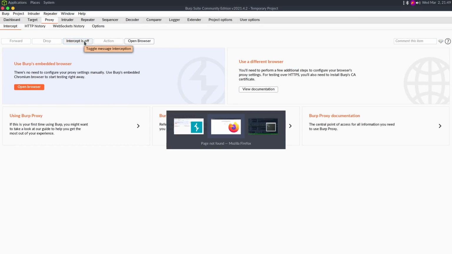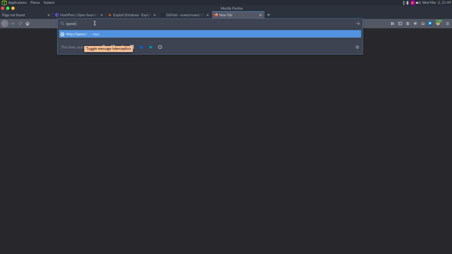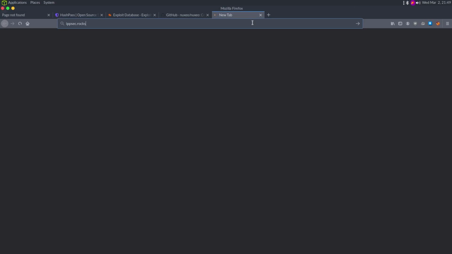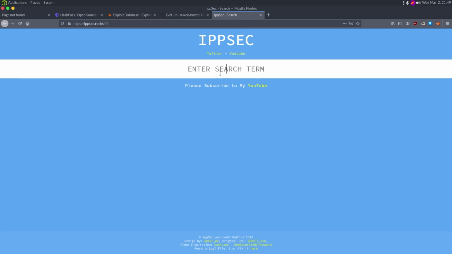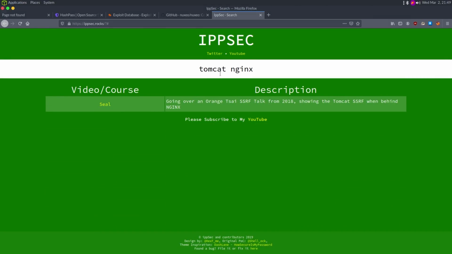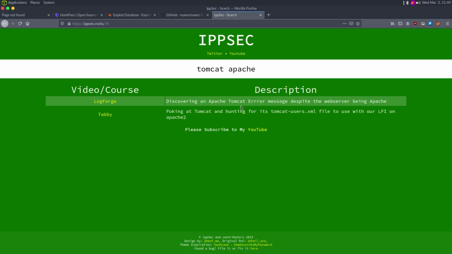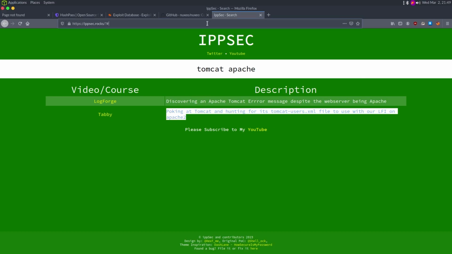And as you probably know, if you've watched a lot of the videos, if we go to ipsec.rocks, I really need to set a pattern so I don't have to keep disabling my FoxyProxy. But if I do this, Tomcat, Nginx, we have this SSRF talk. We can do Tomcat Apache as well. So there's a